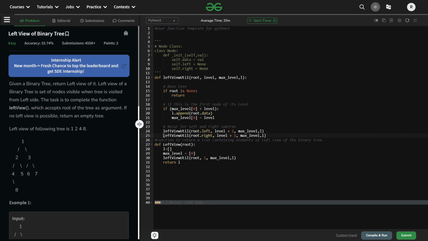Now, if you iterate to the right side tree, this is the next statement. The left side tree has already been iterated and max level is equal to level. Now level plus 1 and max level, they will both be equal in this case, because the left side tree has already been iterated, and it has reinitialized max level with the level value. So max level will be the same after this statement has been iterated. So now max level will be equal to the level plus 1 value only. So in this case, level plus 1 and max level will be